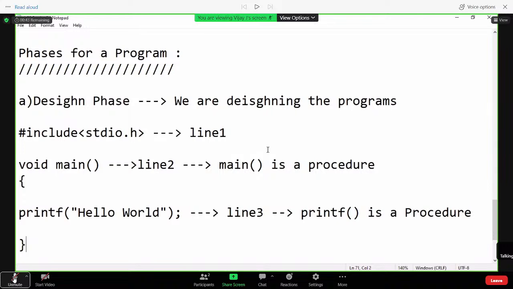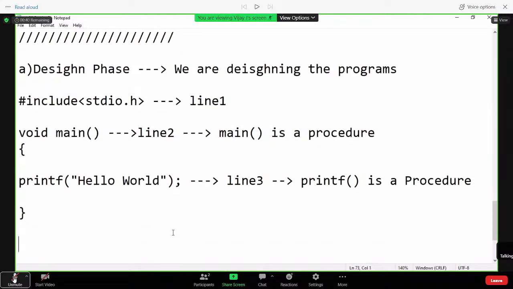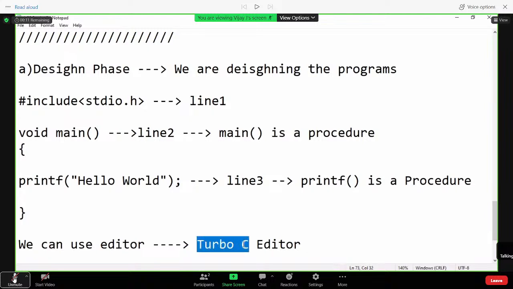So important thing is if you want to design any program, we can simply use an editor. In C language, it is called the Turbo C editor. To work with C language, we are installing a software, that is the Turbo C software. I hope mostly today or tomorrow I'll be installing this Turbo C software. Clear? But in Turbo C, we are finding an editor. It is for simple